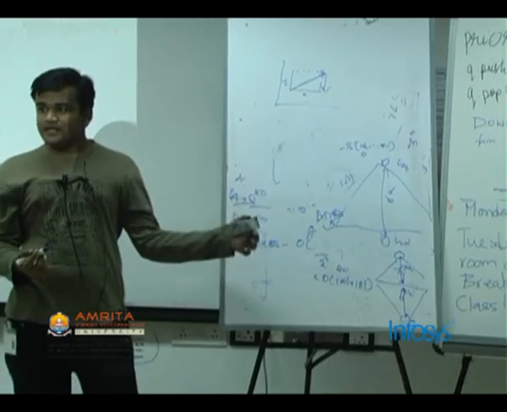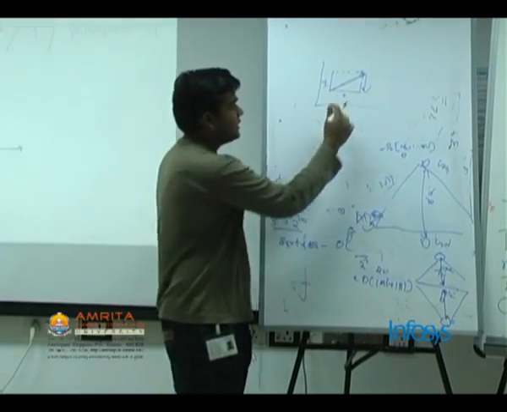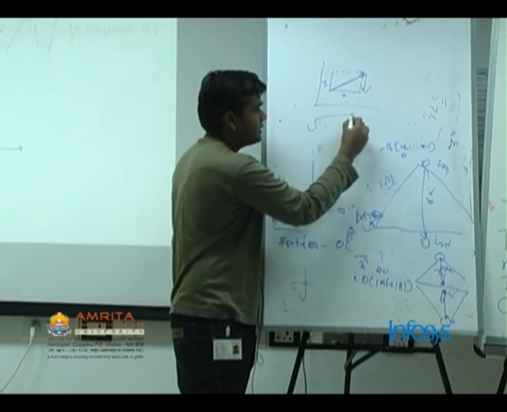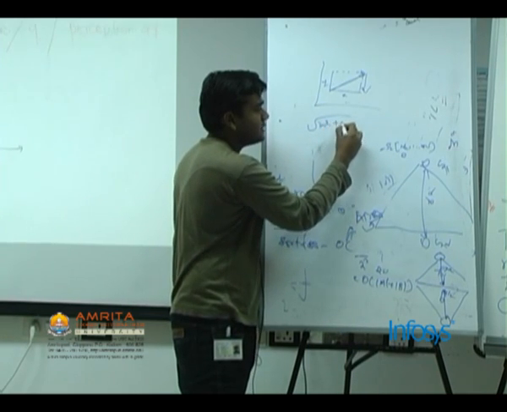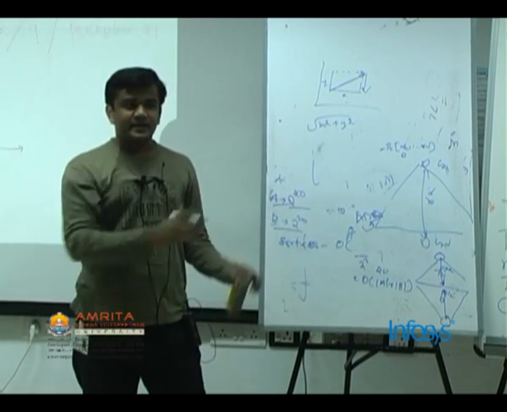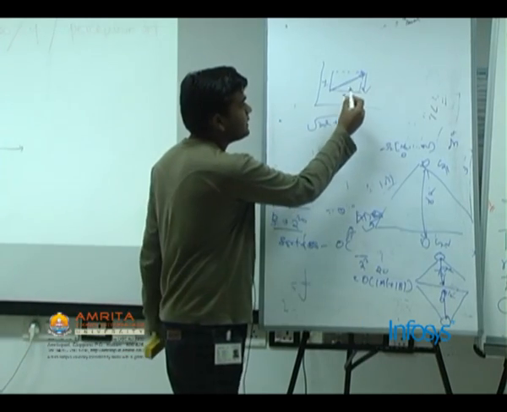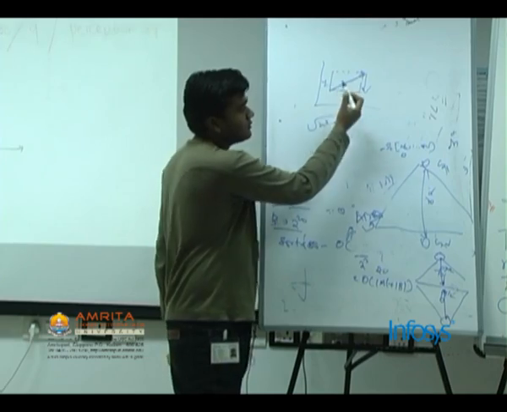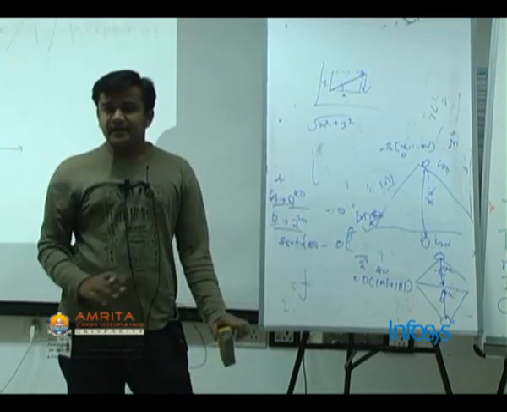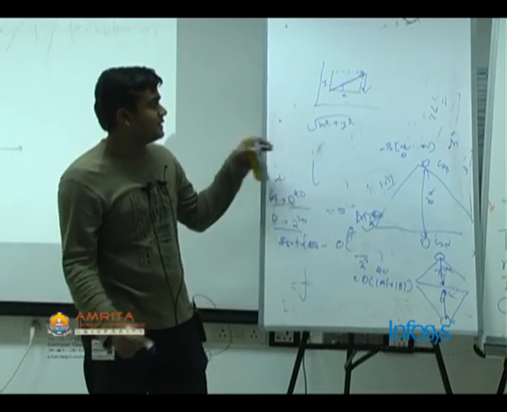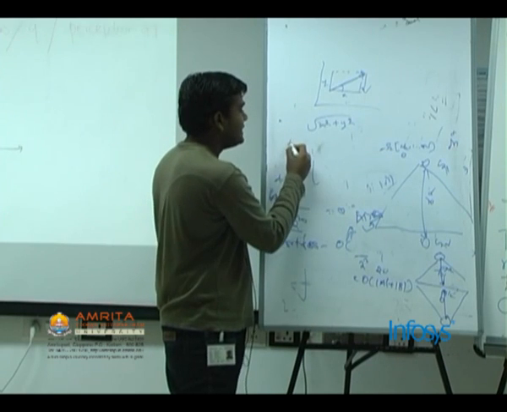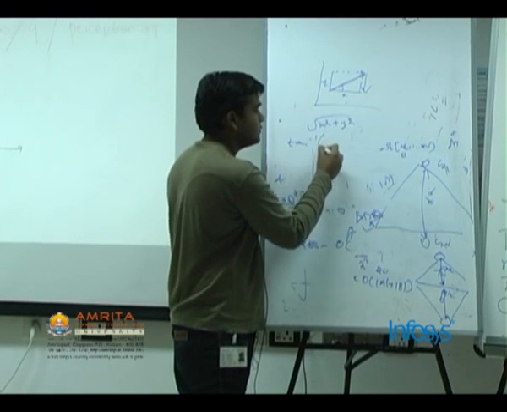Now the magnitude of this vector would be the length of this, that is square root of x square plus y square, using the Pythagoras theorem. This is clear, right? And the direction would be the direction that it puts on the x-axis. That is what we take in standard definition as the direction. So this is tan inverse of y by x.